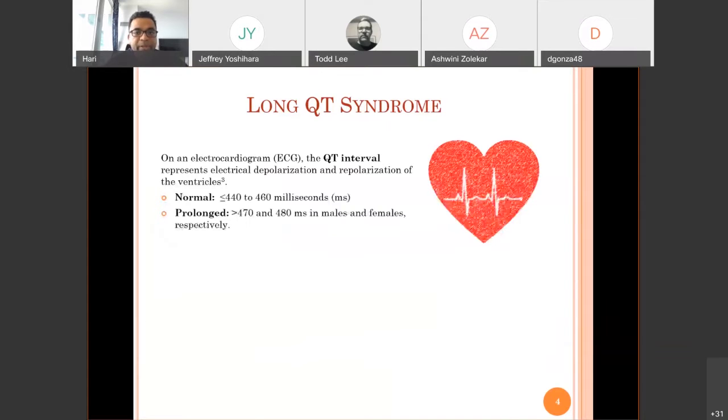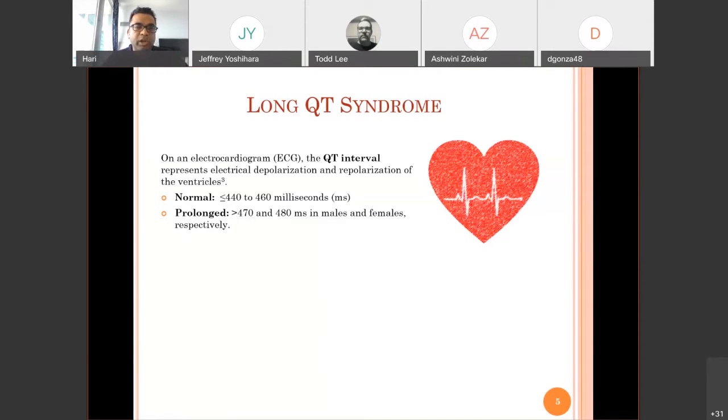And then let me give you a little background about QT syndrome. Some of you might have heard this in the past as far as how it's linked to cardiac arrhythmias and cardiac events. But in a nutshell, if you were to measure the QT interval, what it represents on an EKG is the depolarization and repolarization of your ventricles. In other words, it's the contraction and relaxation of your ventricles. And this measurement is important because a normal heartbeat is generated based on this rhythm.